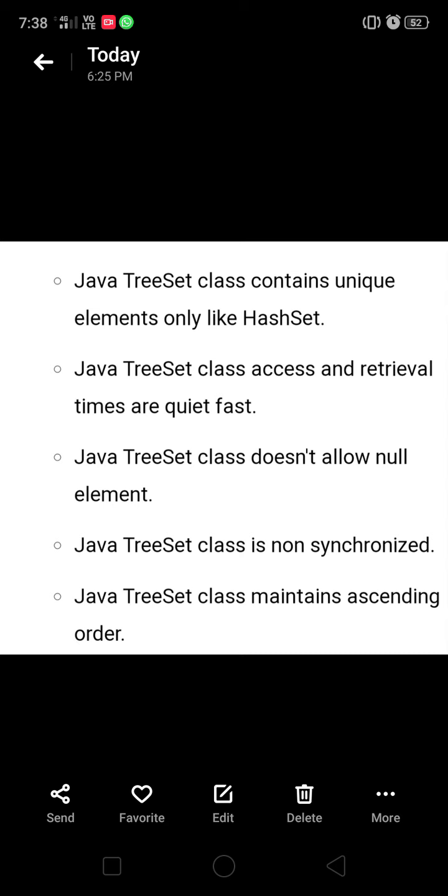The TreeSet class is non-synchronized, which means it allows multiple threads to access the TreeSet at a time. The TreeSet class maintains ascending order. We said a HashSet doesn't follow insertion order or any order; it just depends upon the hashing value. Here the Java TreeSet class maintains ascending order.